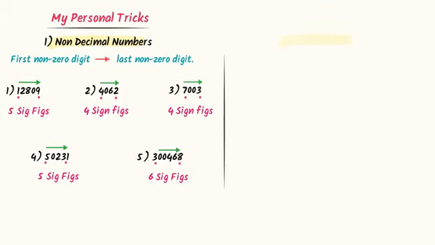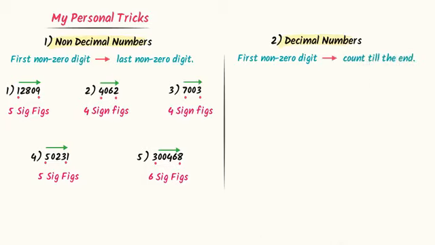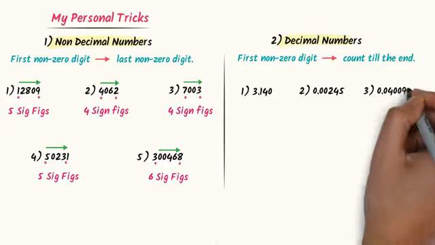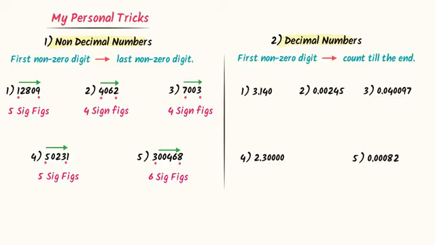Now the second trick is for decimal numbers. The rule here is slightly different. Start from the first non-zero digit and count till the end of the number. Let me repeat it. First non-zero digit to the last digit of the number, everything counts. For example, consider these numbers. In the first number